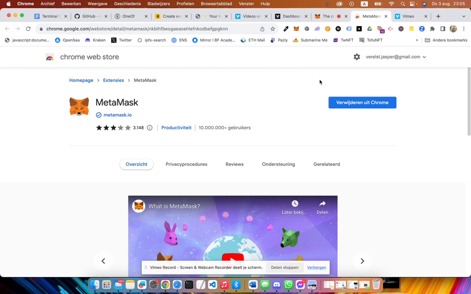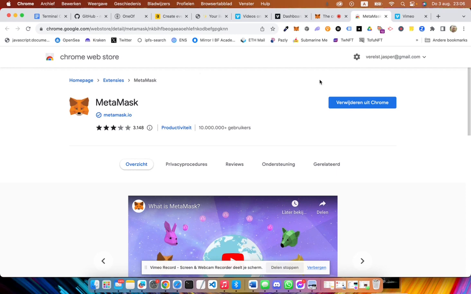So these 12 or 24 or whatever number of words are like a password that exists out of many words. So write it down, keep it safe, and if your computer ever crashes, don't worry. On your new computer, do the same thing, install MetaMask, enter those 12 words, and then all this information, and with information I mean all your accounts, all your wallets, all the crypto and NFTs and other digital assets that are linked to the wallets you had in your account, will be restored on your wallet.